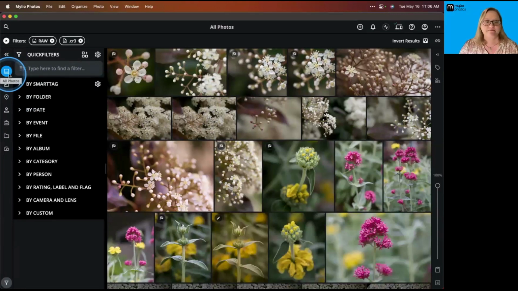And that brings me to another small change, is that it used to be with filters in Mylio that they would be persistent from view to view. So if you set a filter in all photos and you clicked over the calendar, that filter would persist. That's no longer the default, but you can do that if you want. So what I'm going to do is click this little link icon, and that's going to make it persistent across all of the views. So I can then jump over to my calendar,